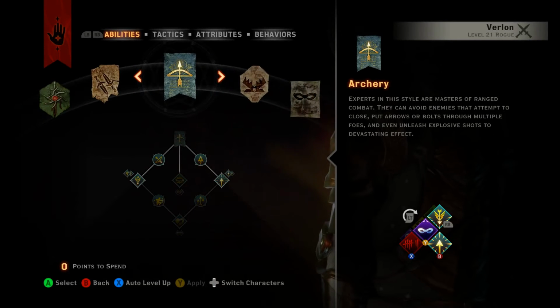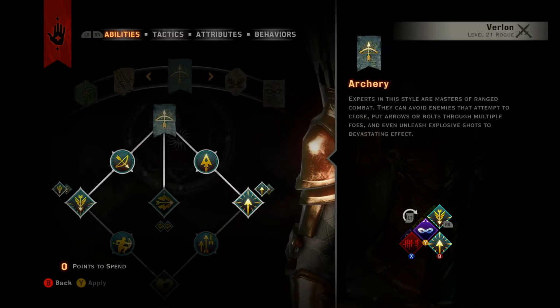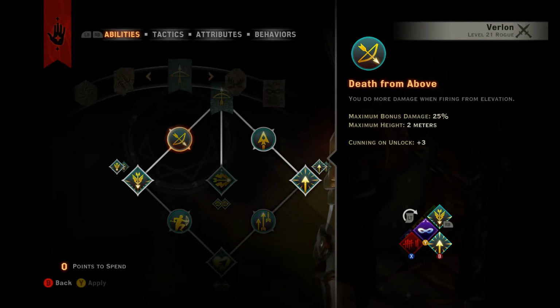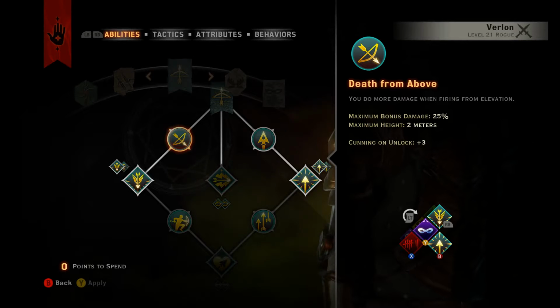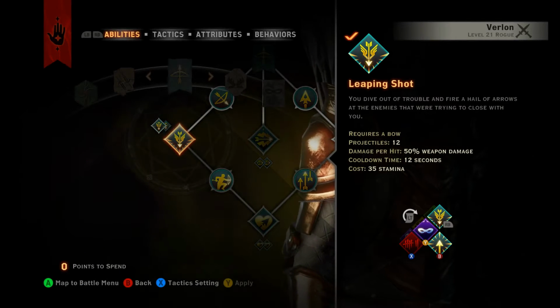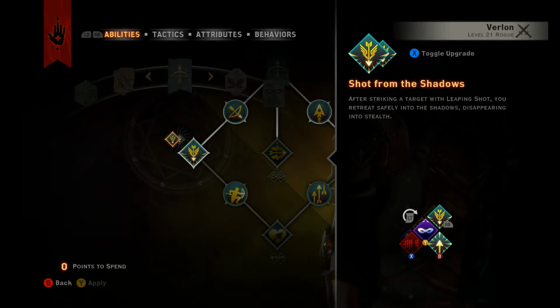I don't put anything in the double daggers. For archery, though, I only go down the two separate trees, so I branch off. Death from Above, just maximum damage bonus of plus 25% when you're higher than your enemy. Leaping Shot, this is really my go-to for this rotation, and then the upgrade I chose was Shot from the